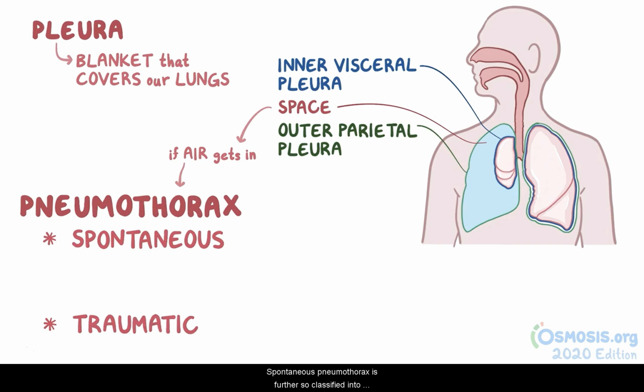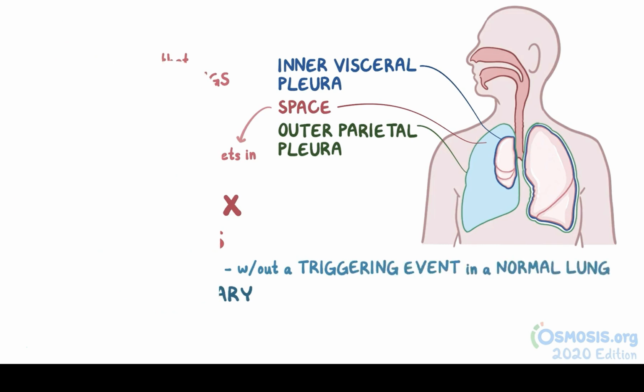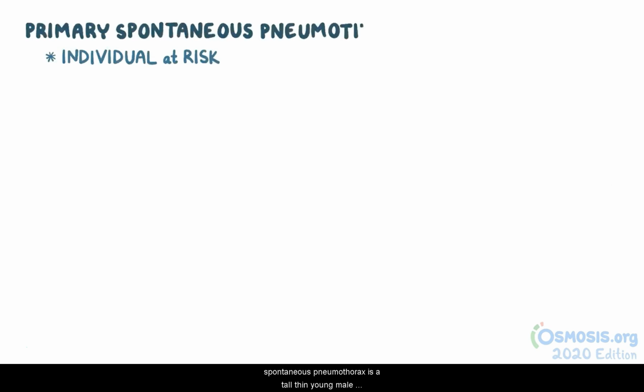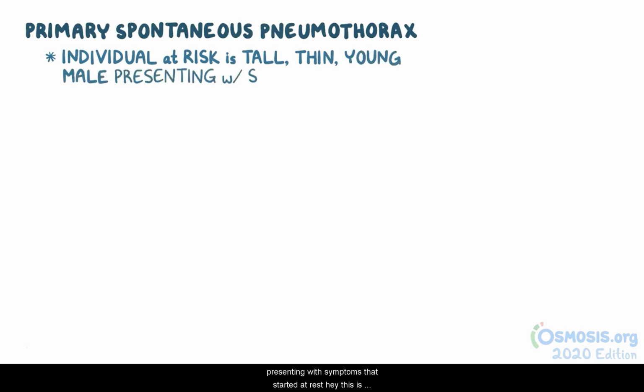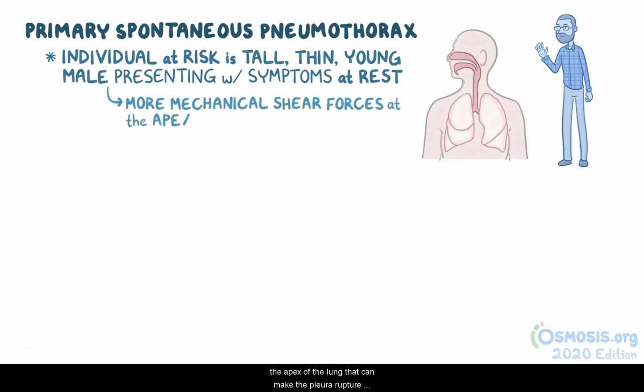Spontaneous pneumothorax is further subclassified into primary and secondary. A primary spontaneous pneumothorax occurs without a triggering event in an otherwise normal lung. Most commonly, an individual at risk of primary spontaneous pneumothorax is a tall, thin, young male presenting with symptoms that started at rest. This is because there are more mechanical shear forces at the apex of the lung that